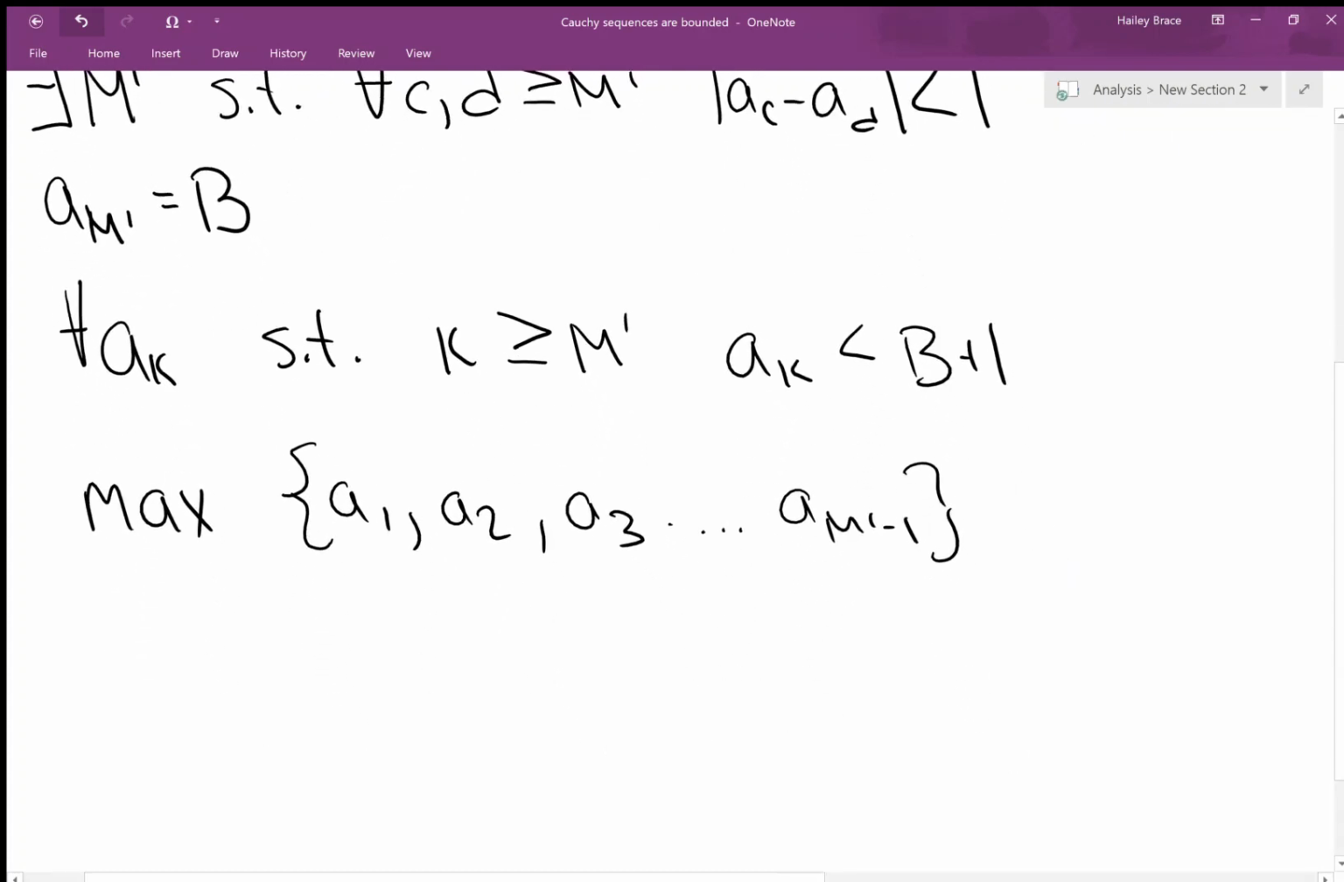And we'll call that capital F. So now we can find this maximum because this is a finite number of terms. We can't do that with an infinite number of terms, but we can do that with a finite number of terms. So we have the biggest number out of the finite terms up to m prime, which is F, and then we have the biggest number that it could possibly achieve after the m prime term, and that's B plus 1. So now take the bigger of those two,